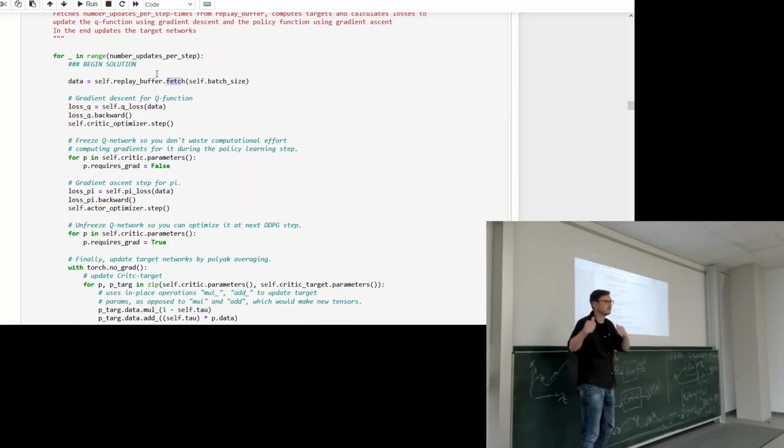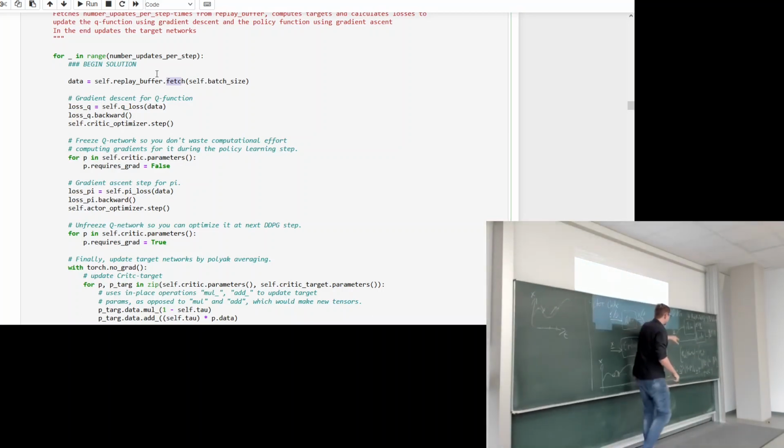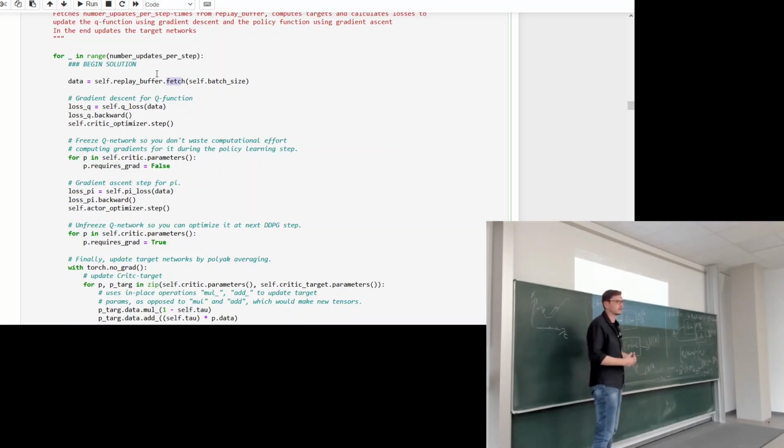Only having independent samples doesn't give me any information. I need to know where I start, and I need to know where I go from there, taking one action in our environment. So this I write into data, and with this data, I will then compute the loss function of Q. Just this function for multiple samples at the same time, taking the mean of the batch. So put in like 32 in our example, 32 state transitions